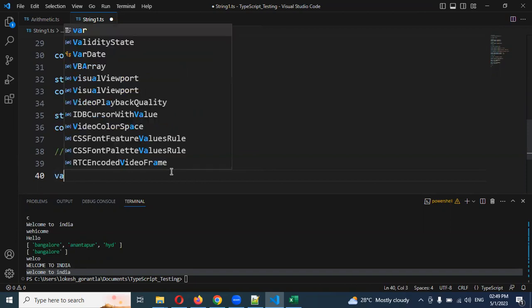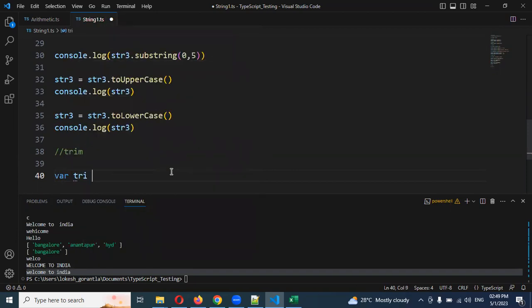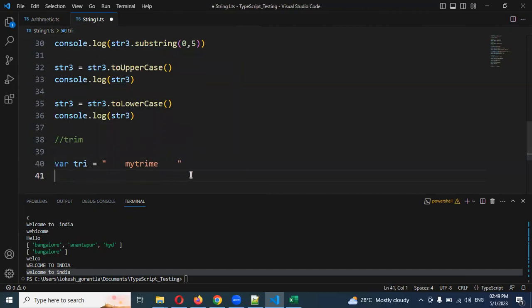Now I'm going to make a string with spaces on both the right side and the left side, both places having spaces. Now you can see console.log